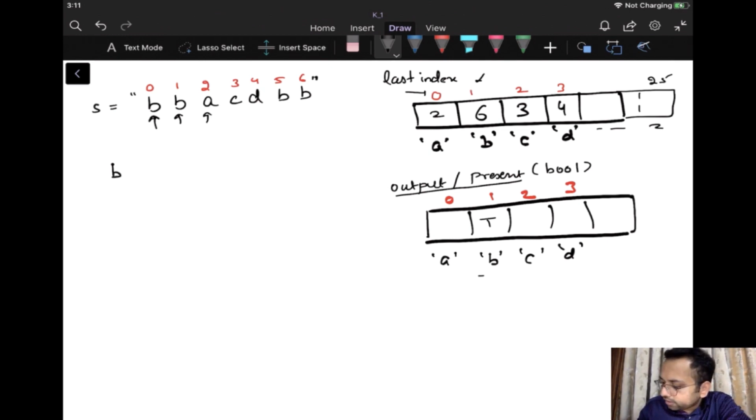The next character that I have is A. I'll check whether there is any character greater than this A that is present in the output we are creating. Yes, there is one character, B, which is present inside this output and it's greater than A.